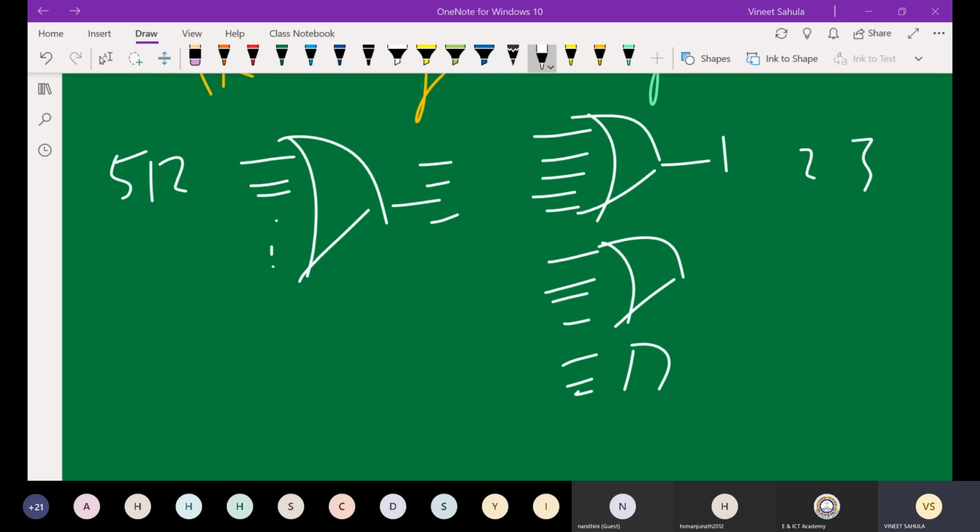Now come up with an answer. This will be a question in your quiz. If you solve it here, fine. If you don't solve it here, you have to solve it there. Now find the levels while using 8 input OR gates to realize a 512 input OR gate. This is the question. How many levels will be there, or how many gates total of 8 inputs? You have to use 8 input OR gates, as many as you like.